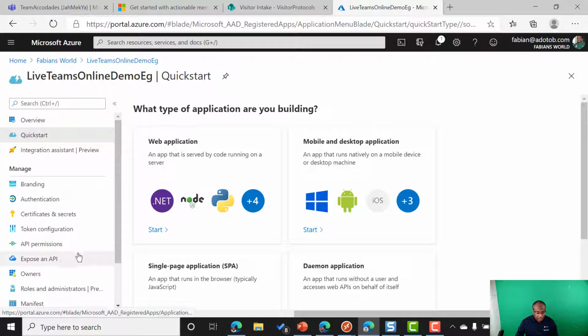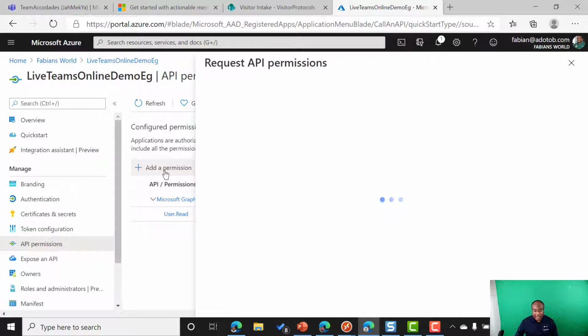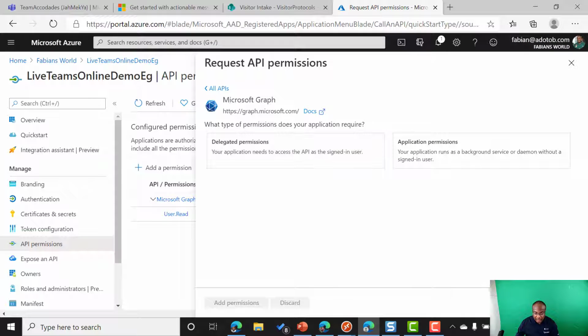But what we want to do is go to API permissions. You'll see that there's only one right now. I can add a permission. I click on Microsoft Graph right here, and there's two types of permission models. If you want to interact with the user behind the app you're building, then you want to give it delegated permission where the person needs to consent for it, or you can give it an app permission where it's running almost like a daemon or a service,